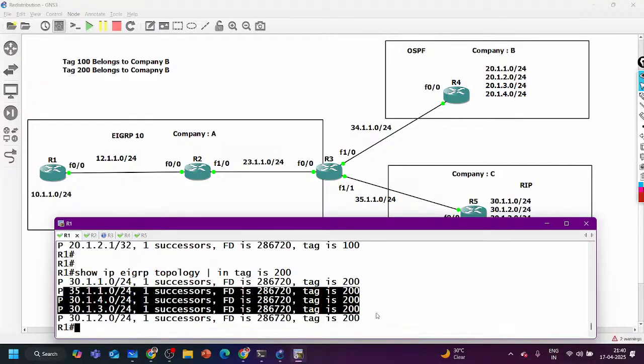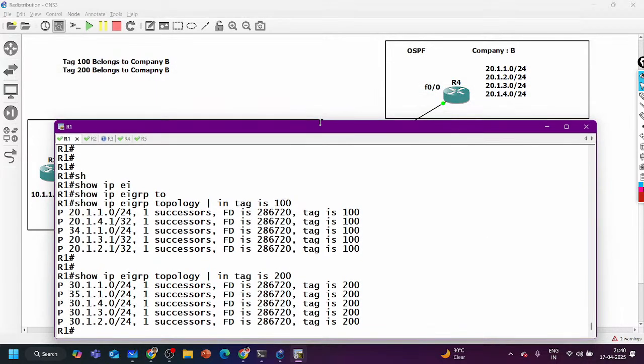You can see all the 30 subnets. This is advanced redistribution.